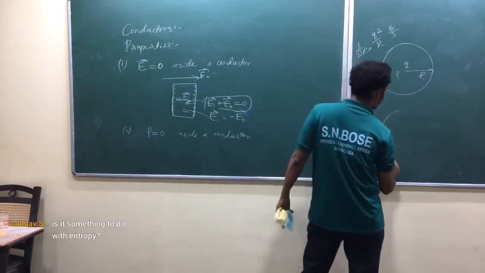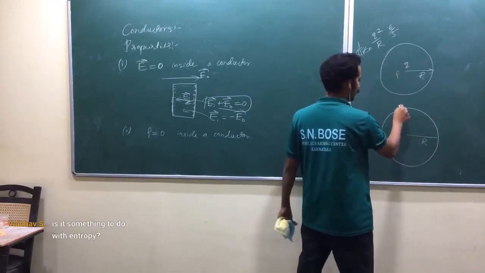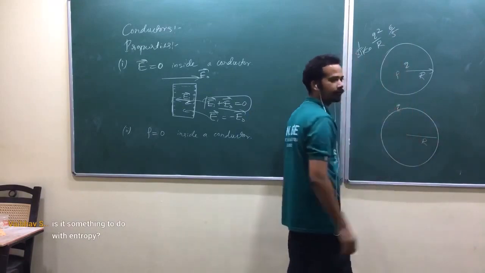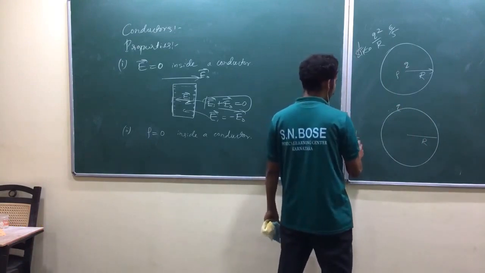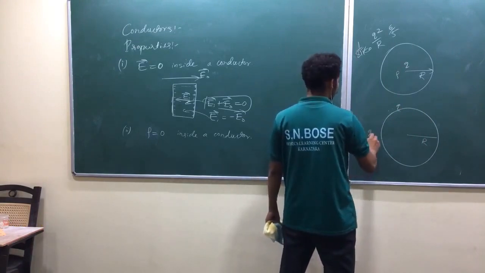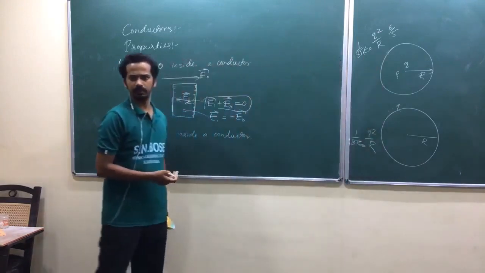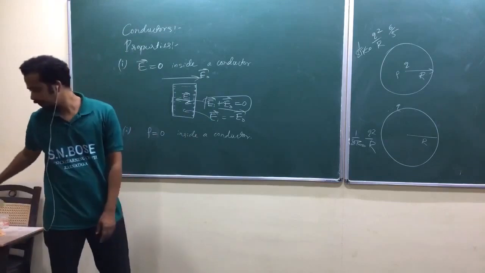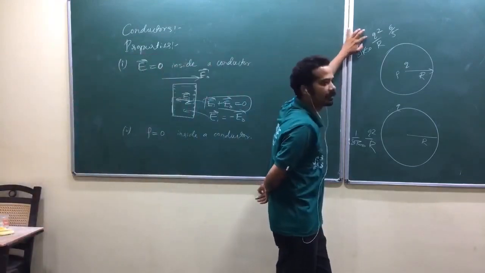So for a spherical shell of the same geometry, same radius, where charges are distributed over the surface of the spherical shell, its electrostatic energy is 1 by 8 pi epsilon naught q square by R. That is multiplied by 6 by 5 as I remember, or 5 by 6, 6 by 5. Now look at here, this is a little higher than this one, isn't it?